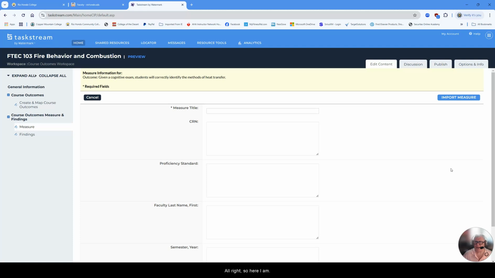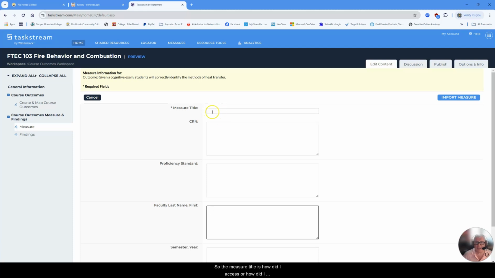All right, so here I am. The next thing I want to do is go up here in this area where it says Measure Information for. This is the SLO that my SLO coordinator wants me to assess. All right, and this is my workspace. These are text boxes, and in order for you to use them, you have to click inside the box.